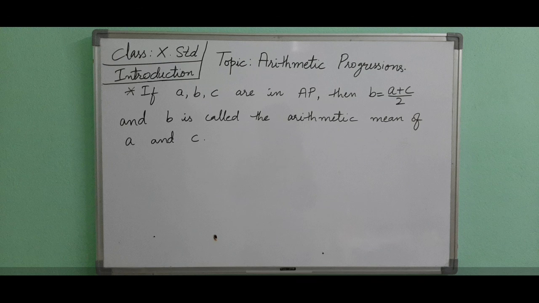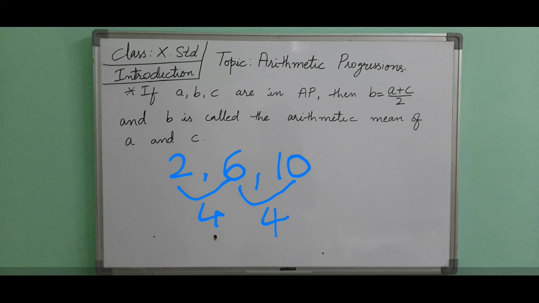What it says is, if a, b and c are in AP, that is, if there are 3 terms which are in AP. Suppose I am taking the first number as 2 and the difference as 4. In 2, if we add the 4, it will be 6. In 6, if we add the 4, it will be 10. These are in AP because the difference is the same. 6 minus 2 is 4 and 10 minus 6 is 4.